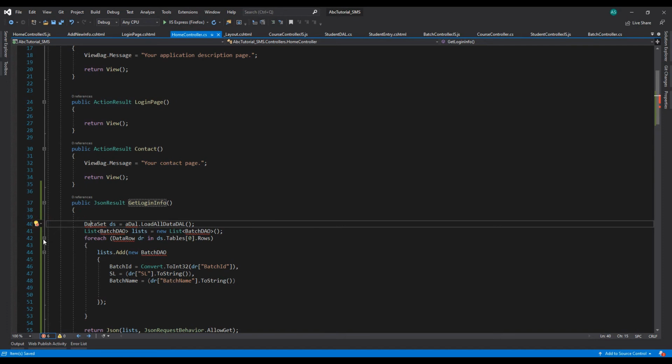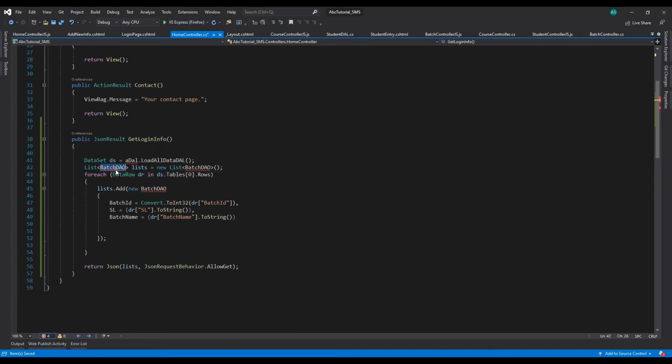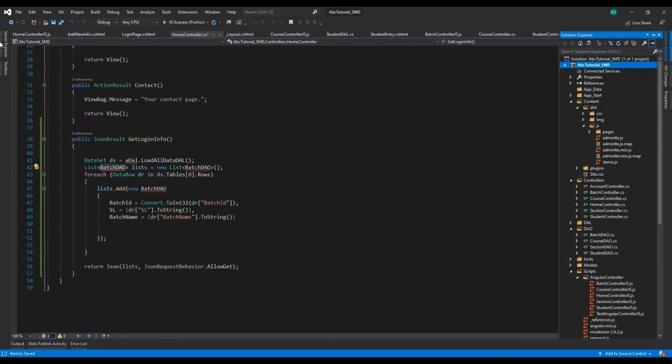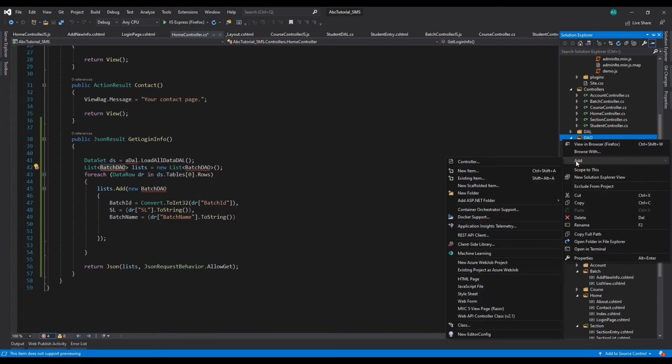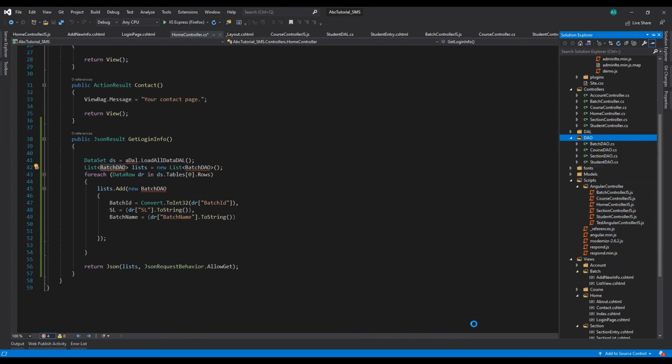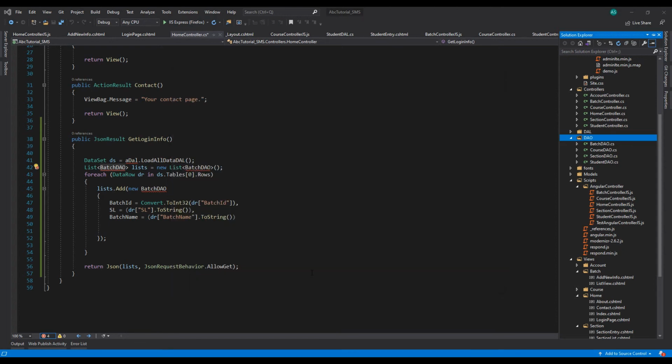Okay, we need to using system.data, and now we need here user DAO. So I'm going to Solution Explorer, in this DAO folder add class user DAO. Okay,